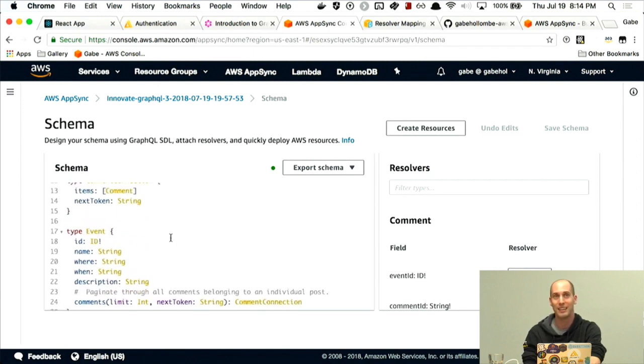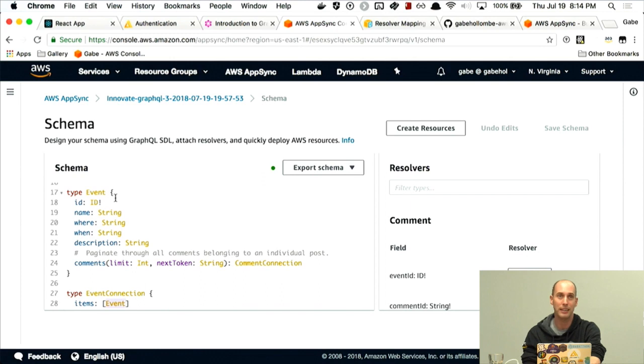What is an event? An event is just a data type we've defined that's comprised of the following GraphQL atomic types. We have ID, name, where, when, and description. Those four are just string values. And a nice thing to point out is that in GraphQL, your data types can have other data types nested inside them. For instance,